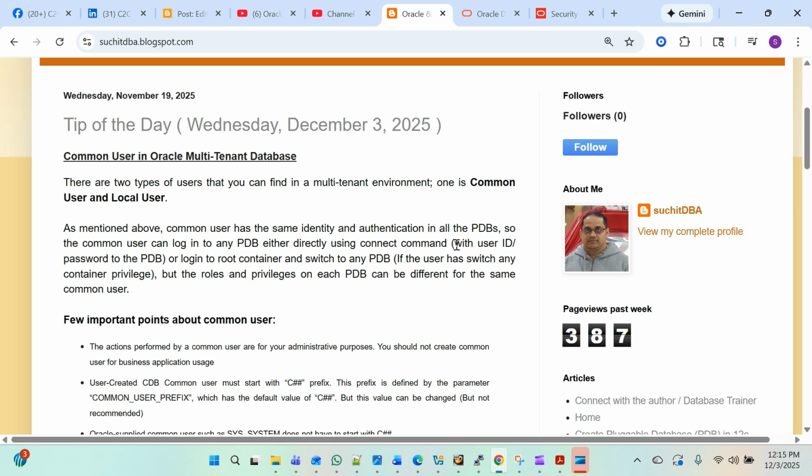Today we'll talk about common user in Oracle multi-tenant database in Oracle 19c or 23i. There are two types of user you can find in a multi-tenant database. One is common user and another one is local user. Common user is normally created at the root container and it has the identity and authentication for all the